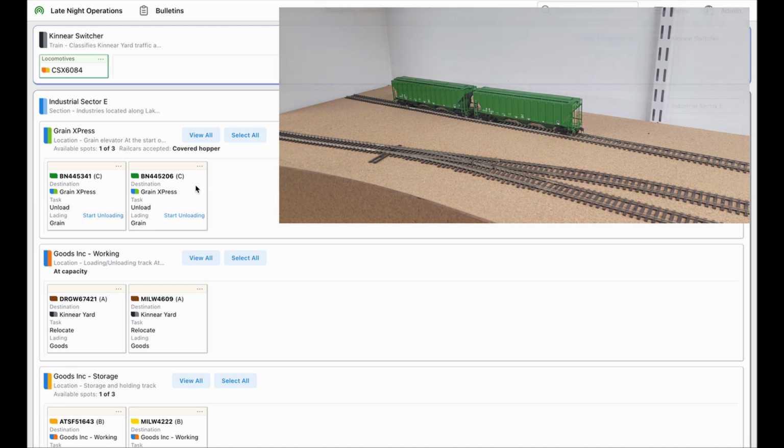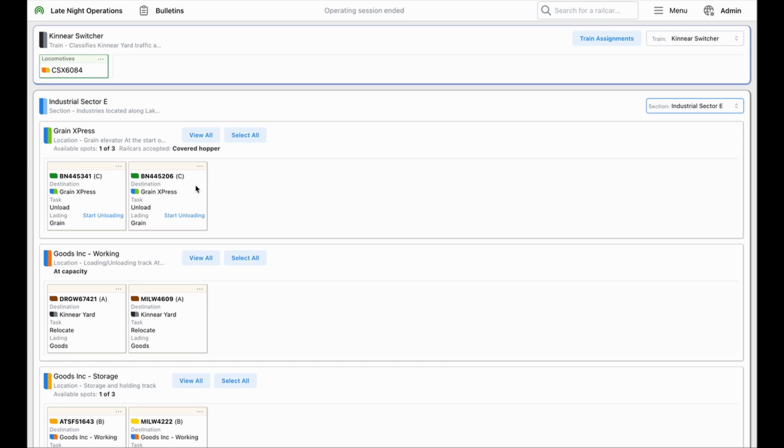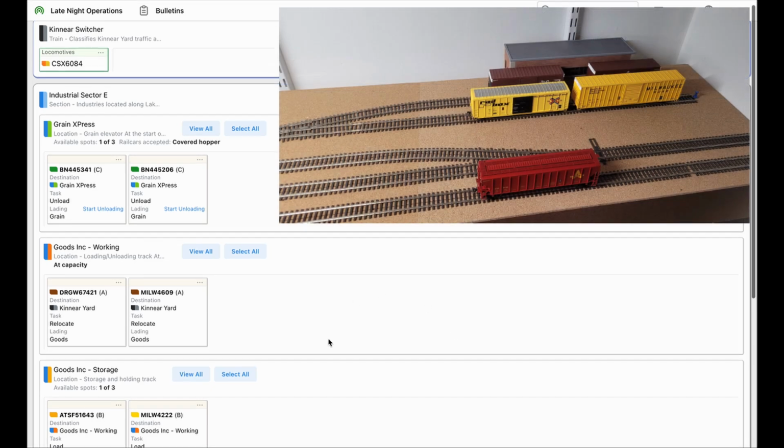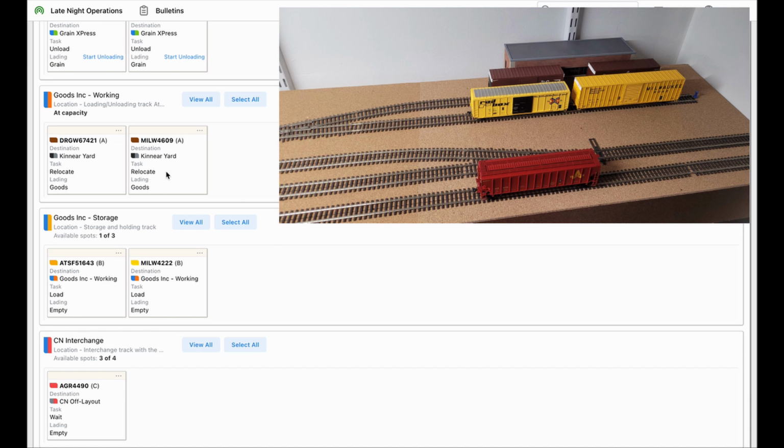So it looks like Grain Express is good, and we're going to jump over to the other side of Industrial Sector E. Okay, so we're looking at the other side of Industrial Sector E here, so let's go down through our tracks. We'll start with Goods Inc. On the working track, I see I have 2 box cars, and those 2 match up to what's on the